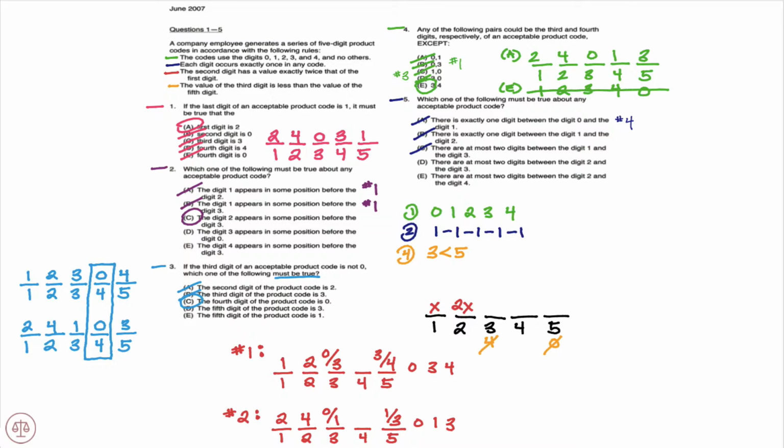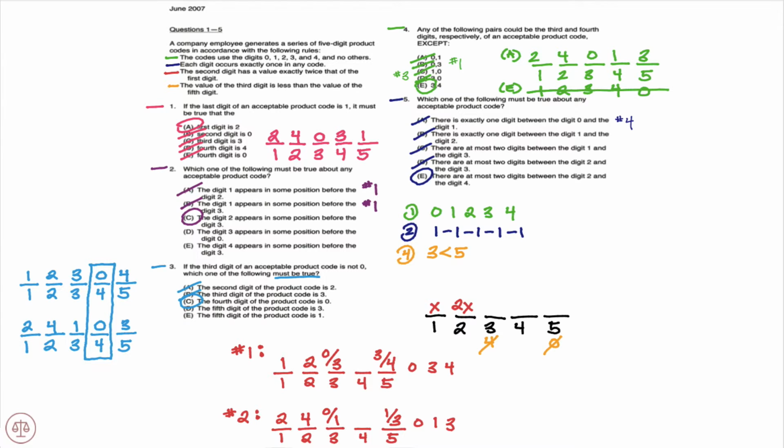Moving to D, there are at most 2 digits between the 2 and the 3. Again, looking at scenario 2, we see we could have 3 digits between the 2 and the 3. 2 could be first, 3 could be fifth. So again, D does not have to be true, so D is out, which brings us by process of elimination to